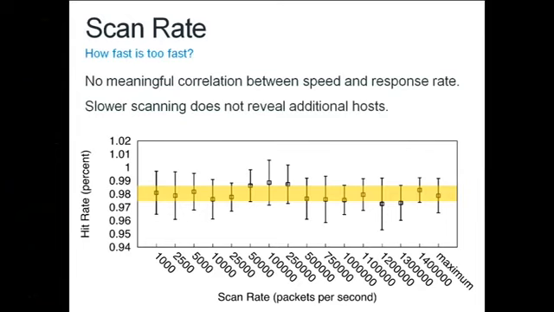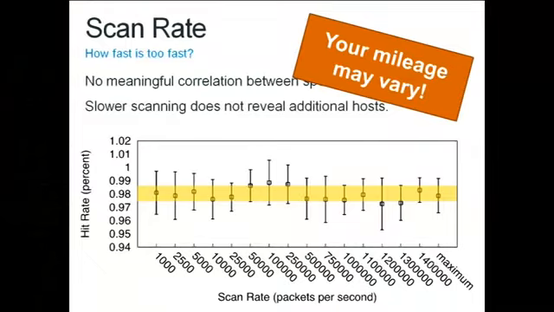There's some fluctuation based on other things I'll talk about in a second. But basically, we cannot find the place where we start seeing drop-off because we're overwhelming the network. So based on this, we conclude that gigabit scanning, at least up to a gigabit, is not enough to overwhelm upstream. However, your mileage may vary. This depends a lot on what the network topology around you looks like. We happen to have a very well-provisioned uplink that connects in Chicago to several different major backbone providers. Your mileage may vary if your network upstream is not well-provisioned.